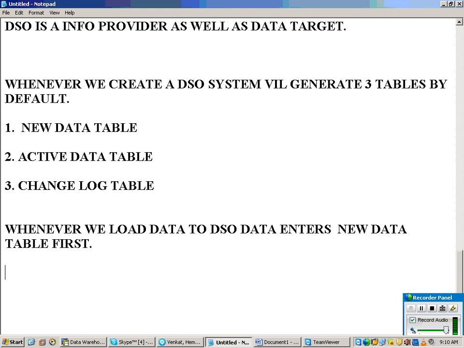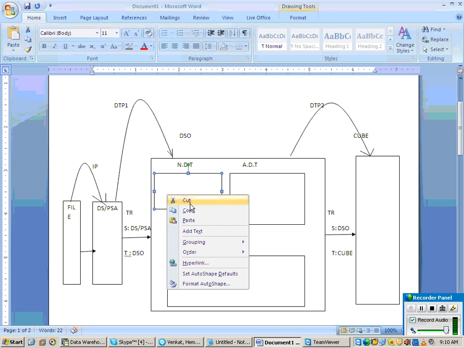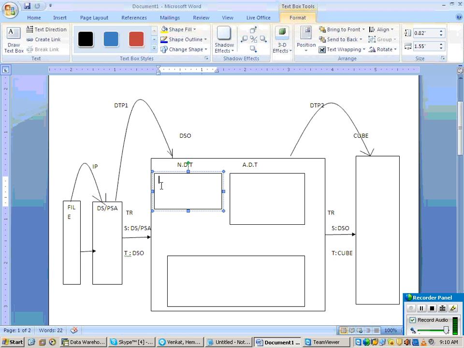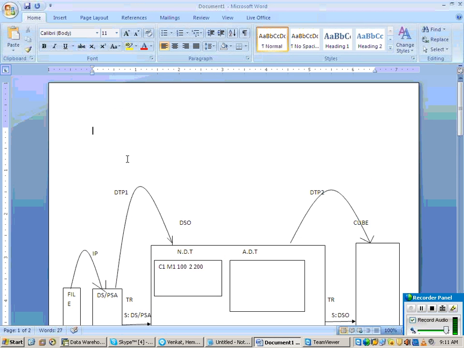As and when I trigger my first DTP, whether you select full load or delta load, your data enters into the new table. Suppose I am loading 10 records into my DSO, as in the example you have seen. All the 10 records will be entering into the new data table.